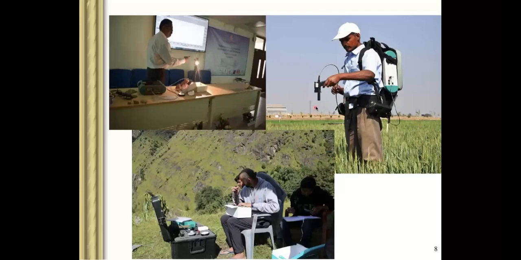Generally we take readings between 10 a.m. and 2 p.m., because at that time sunlight is very good. The best is to try to take your reading between 11:30 a.m. and 12:30 p.m., because at that time the sun is on top. You will get full illumination, and you will get a very good reading of this vegetation or species.